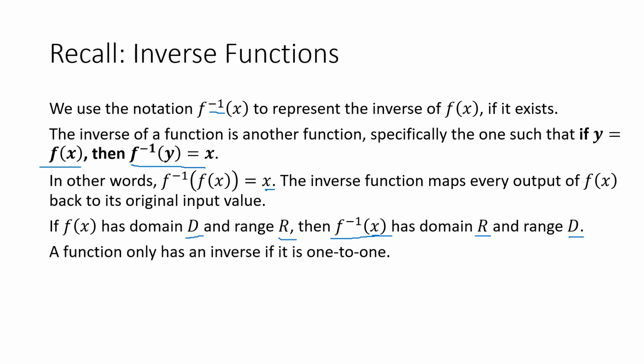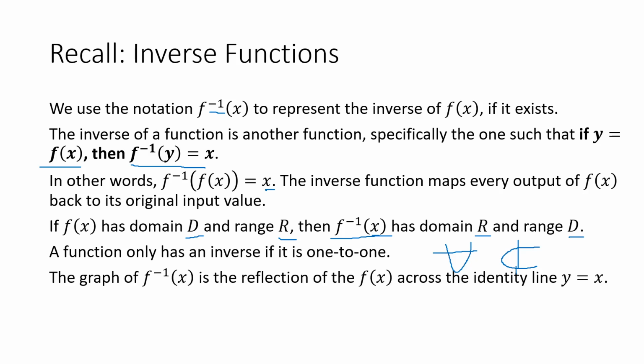We also said that a function only has an inverse if it's a one-to-one function. If not, if the function itself doesn't pass the horizontal line test, then the inverse wouldn't pass the vertical line test, and so it wouldn't be a function. For the graph of the inverse, remember we said that's the reflection across the identity line y equals x. So we would take a look at our y equals x line and then reflect the original graph across that line in order to see where the